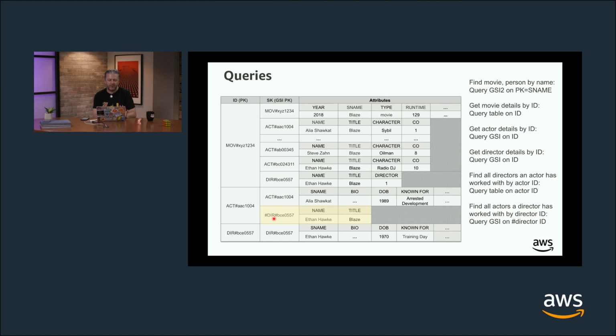Because if I am looking for all the actors that a director has worked with, again here I don't have the actor name. If I do this query, I am going to get this actor ID, but not necessarily the name. So to fix that, we will simply add actor name to this relationship item, and